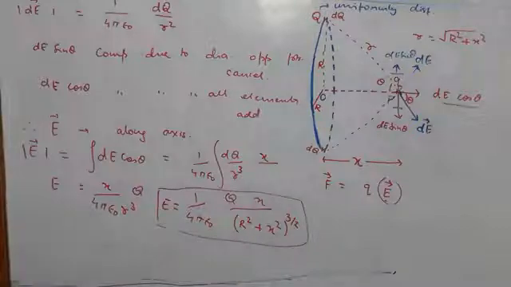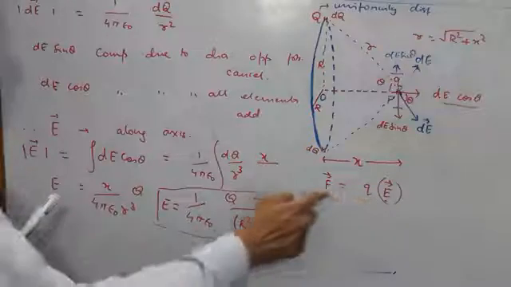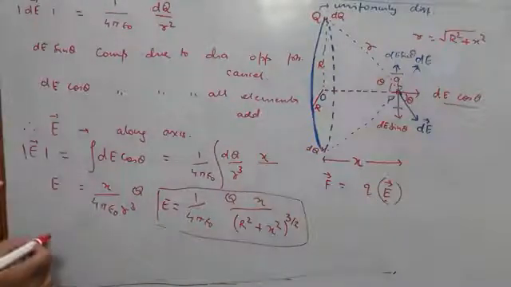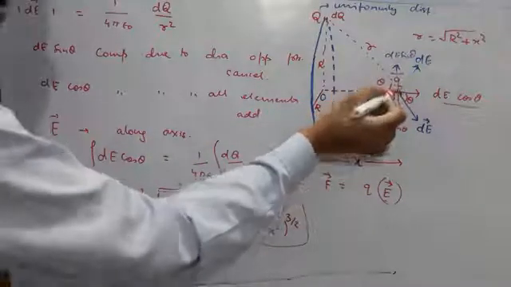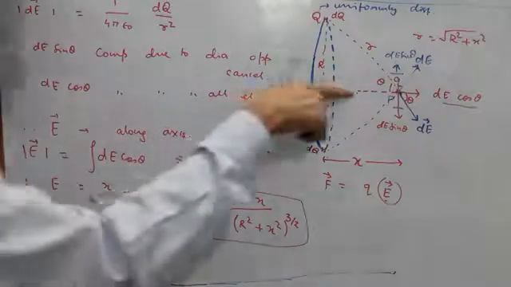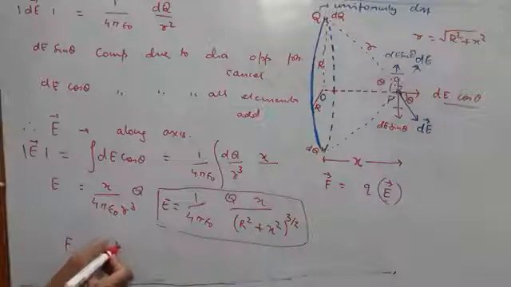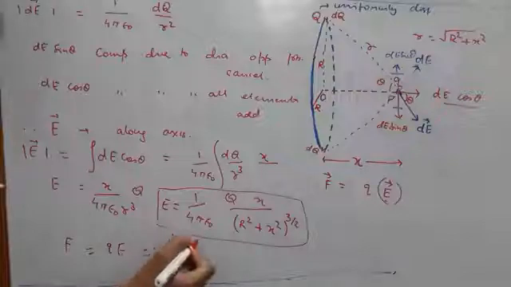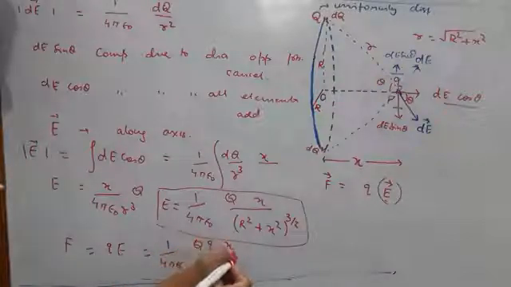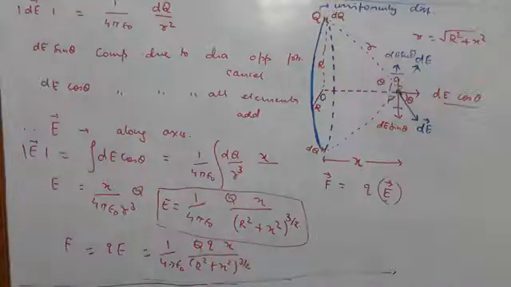So we are done almost completely with this particular problem, because if we know the electric field, we also know the force. So you can write the Coulombic force on the charge small q which is placed at this point, that F will be directed along the axis. You can write it yourself. I am just writing the magnitude. That F will be small q times E. Small q times E means this will become 1 upon 4 pi epsilon naught, capital Q small q x upon R square plus x square to the power 3 by 2. This is the answer to this particular question.